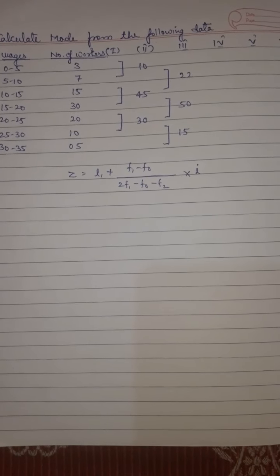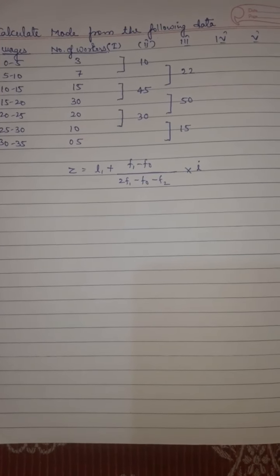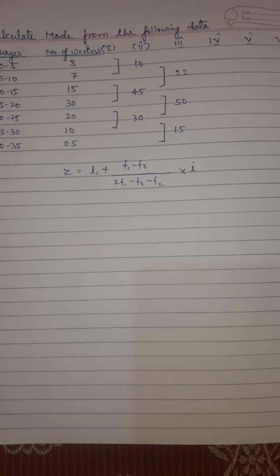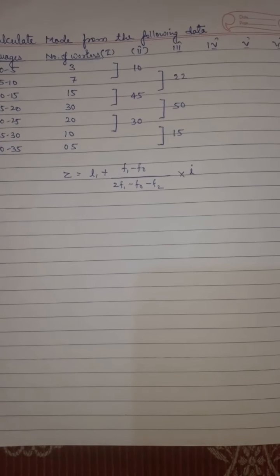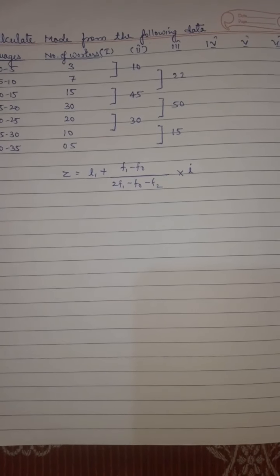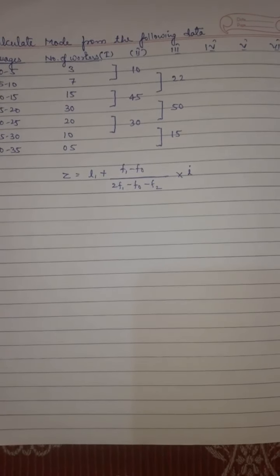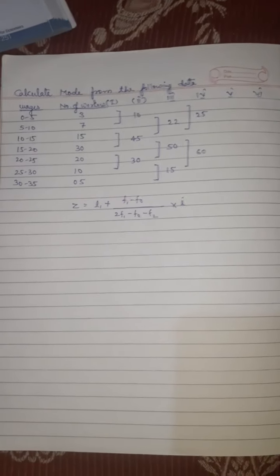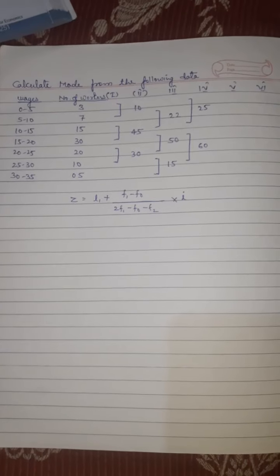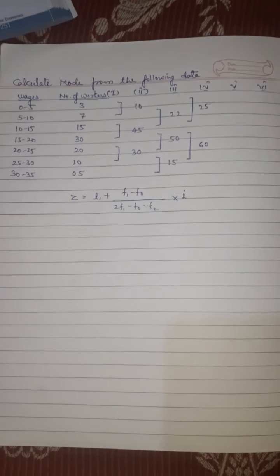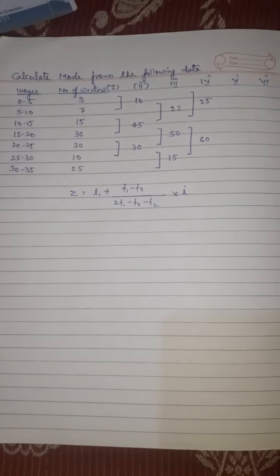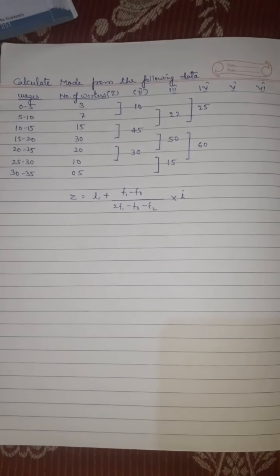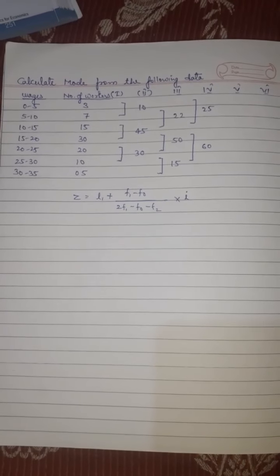Now for moving on to the fourth column, see what we have to do. We will start making pairs of 3 from the top, as we made for 2. So we will start making pairs of 3 from the top, and go to the loops. Now you can see clearly here that in the fourth column we have made the pairs of 3, 7, 15, then 30, 20, 10. The last 5 remains. So that is how our fourth column has been completed.